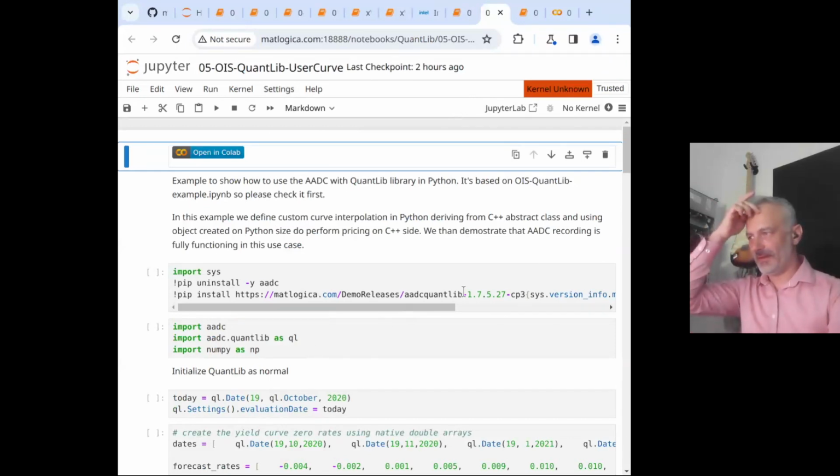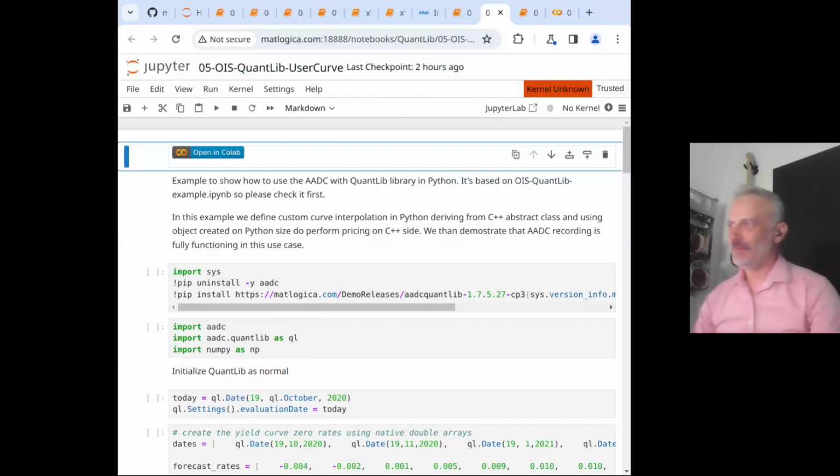Now, I'm going to jump to a more advanced example built on the previous one, and this is quite interesting. Imagine you need to come up with a slightly tweaked way to interpolate your discounting curve. For example, someone comes to you and says we now need to support rate hike decision dates, and for some reason you didn't have it in your quant library.